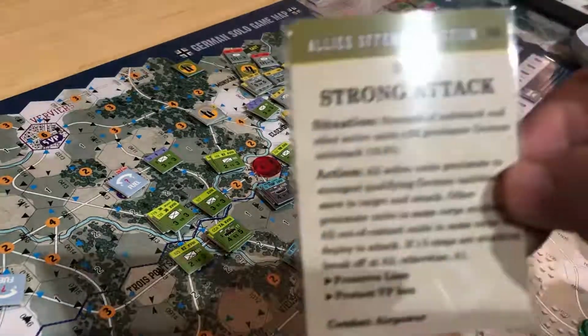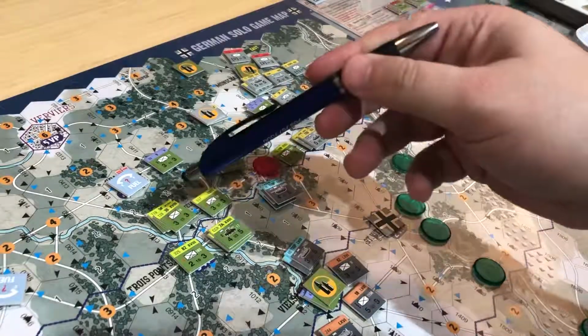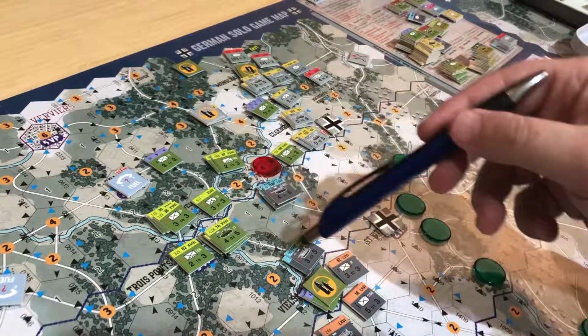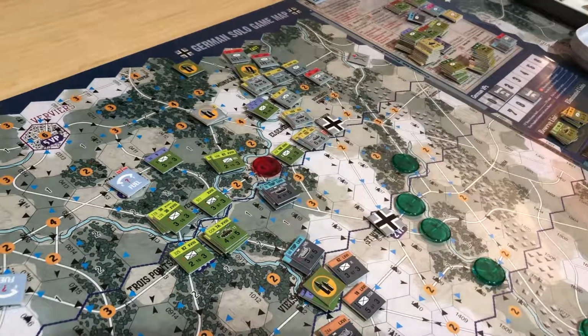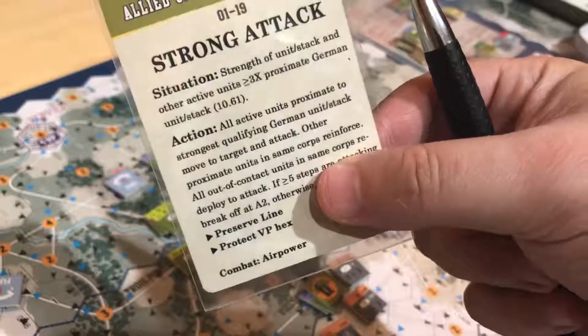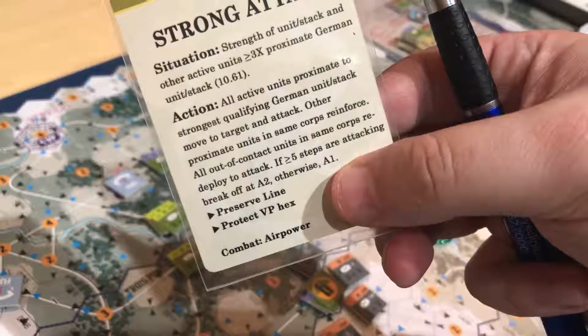Now, it does say all active units proximate can join the battle, but just understand that active units is defined as the units that were activated. So even though these units are nearby and could help the battle, they're not active. So they're not going to help in this situation. It does say all out-of-contact units in the same corps redeploy to attack. So that is confusing. So all out-of-contact units in the same corps redeploy to attack. If greater than 5 steps, or so...